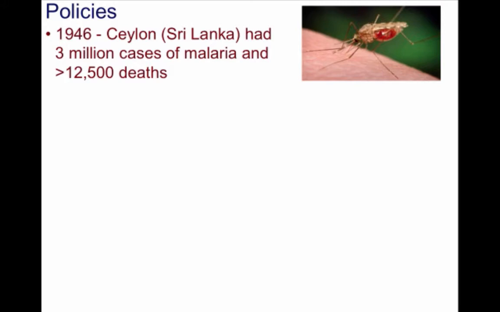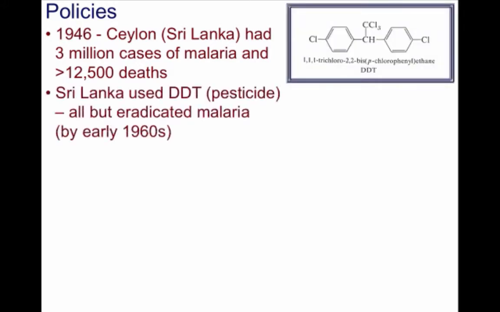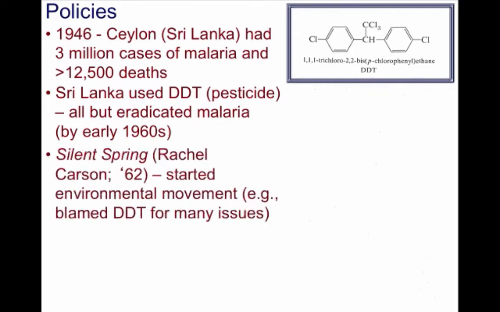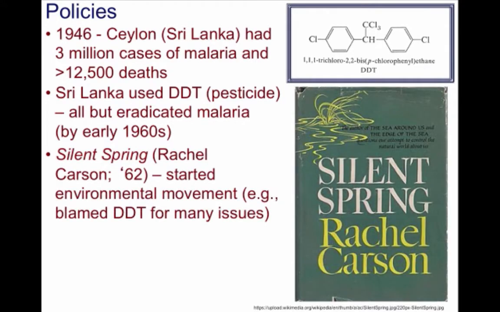as the vectors crossing over international lines. In 1946, Ceylon, now known as Sri Lanka, had almost 3 million cases of malaria and more than 12,500 deaths before the use of DDT, a pesticide that kills mosquitoes. By 1963, after a large-scale spraying campaign, the number of cases fell to 17, and the number of deaths fell to 1. However, a year earlier, Rachel Carson, who almost single-handedly started the environmental movement, wrote Silent Spring, blaming DDT